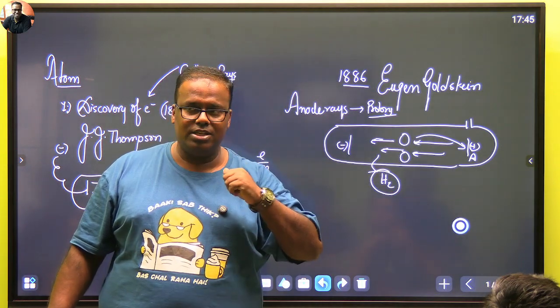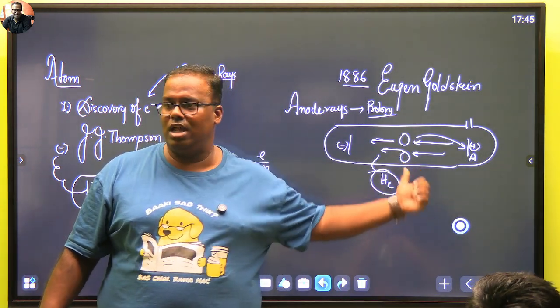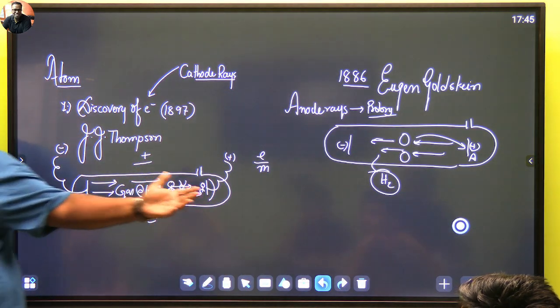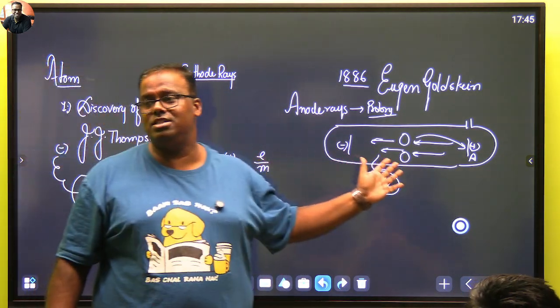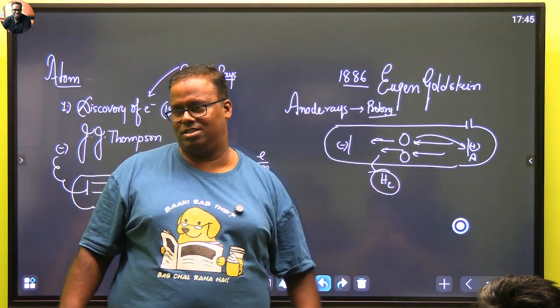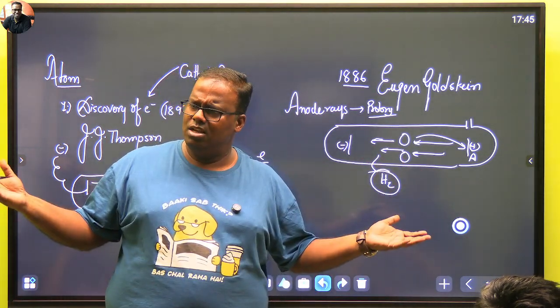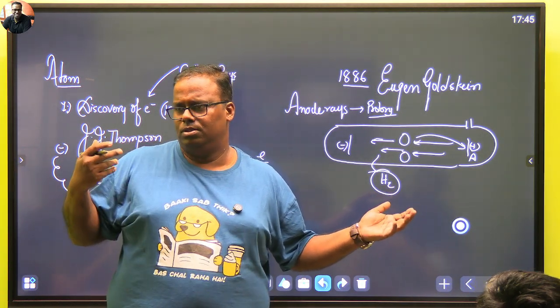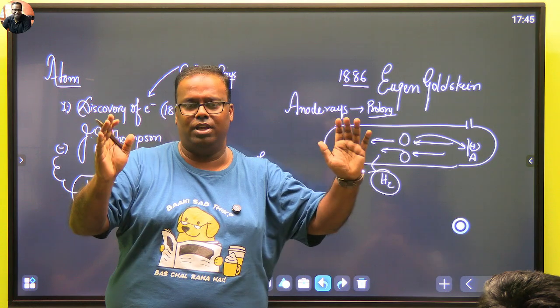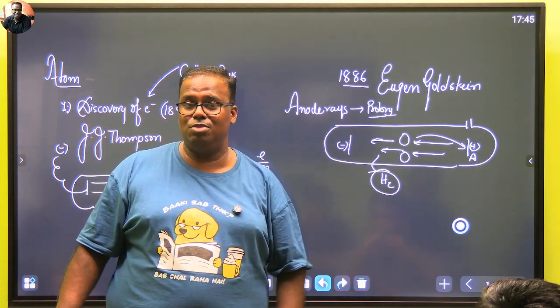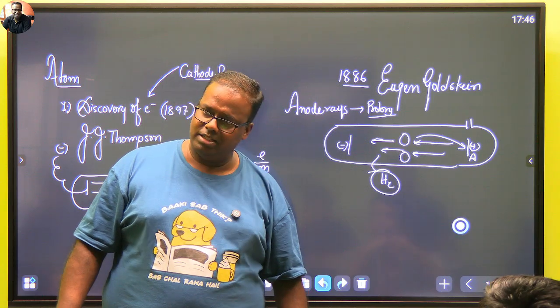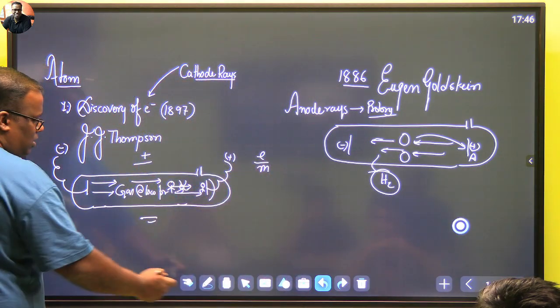So the question comes, sir, if you don't take hydrogen and you take a different gas inside, then what is that ray called? I would say those rays are ionized gas rays. It can be any gas. Ionized means their electrons have been knocked off. Now they are like ions, a stream of ions. But if it is hydrogen, then the stream of ions is what? Proton. Right. These whole stories you will study in grade 11.